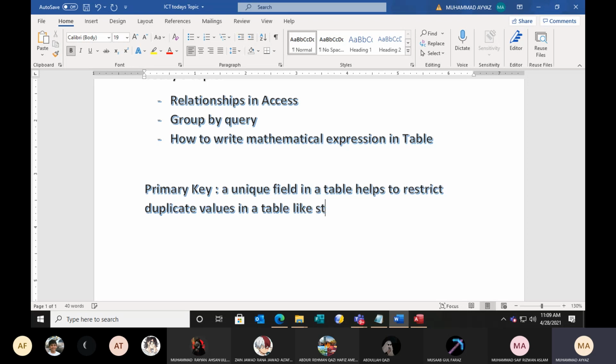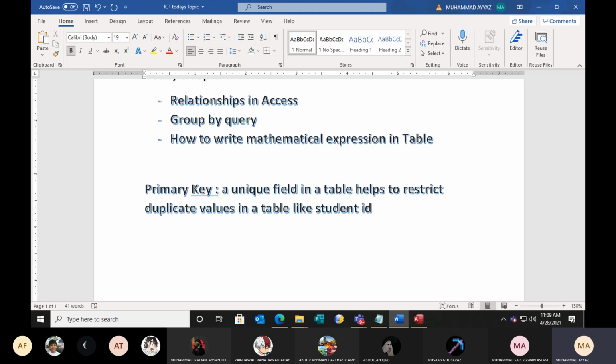Like student ID, every student will get a unique ID. If we set this as a primary key, it will not record duplicate values. It will record only unique values.